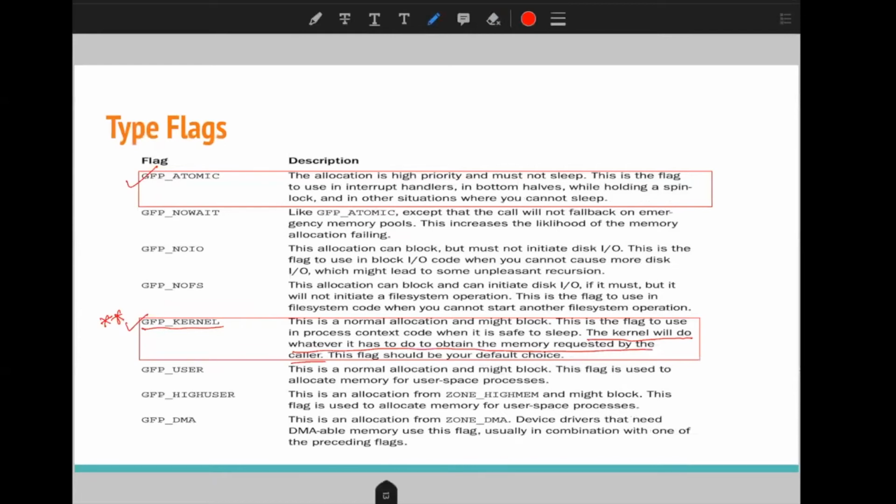As it says, this flag should be your default choice. In most kernel allocations, we use this GFP_KERNEL flag. Similarly, you have GFP_DMA, which will try to allocate memory from the DMA zone.